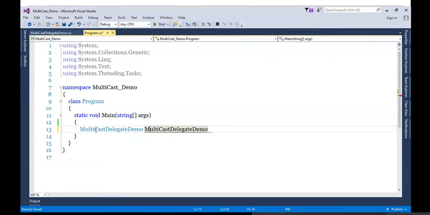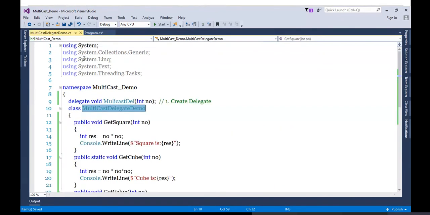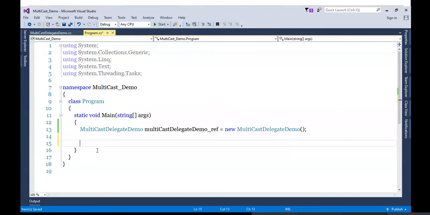MulticastDelegateDemo reference equals new MulticastDelegateDemo. That's it. So I prepared an object reference of this class. Similar to this, we'll prepare the reference for the delegate now, and one by one I will start adding the methods. First, I will add the method GetValue.